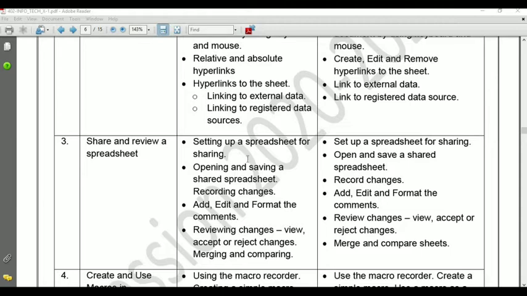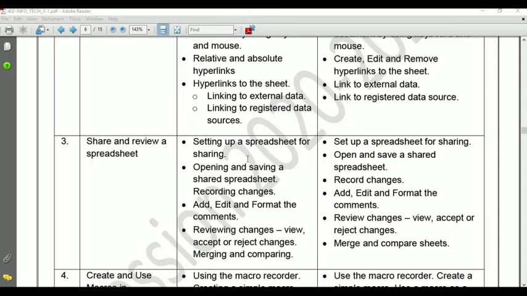Now, the first question that arises: why do we need to share a spreadsheet? Sharing is important when two or more persons want to work with the same workbook at the same time. But till now, we know one person can sit at a system and do work.